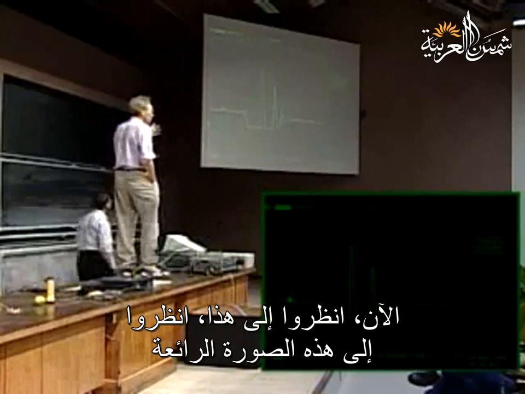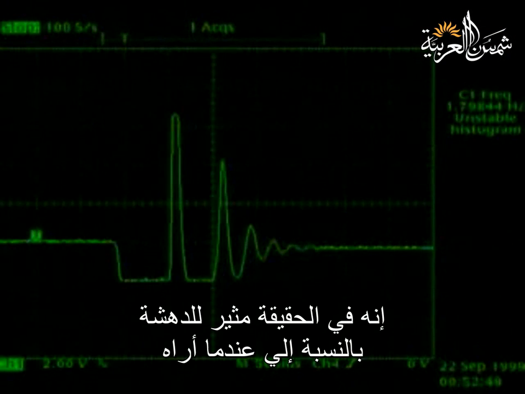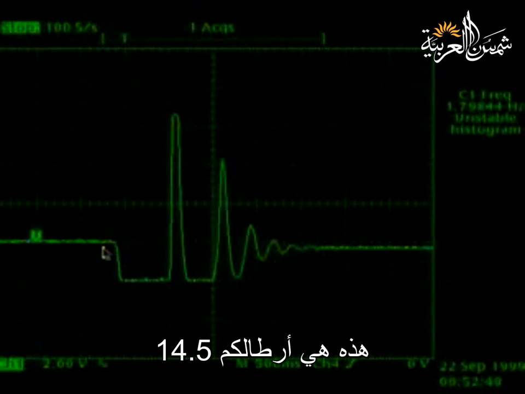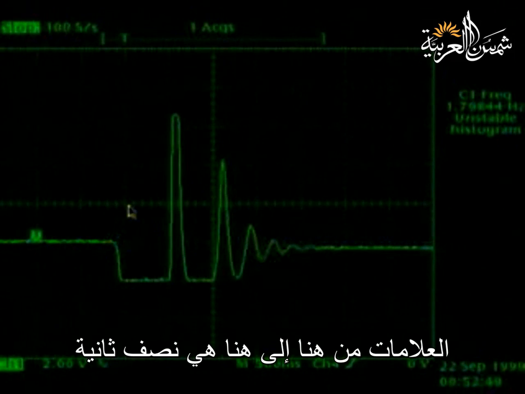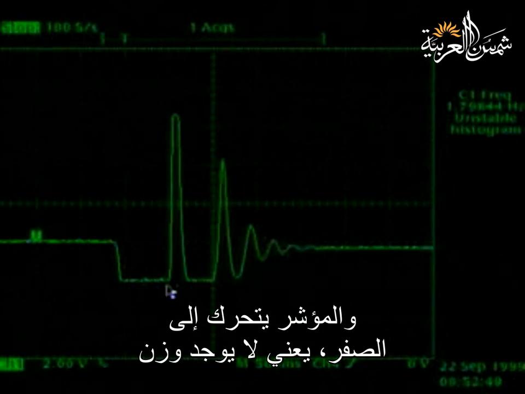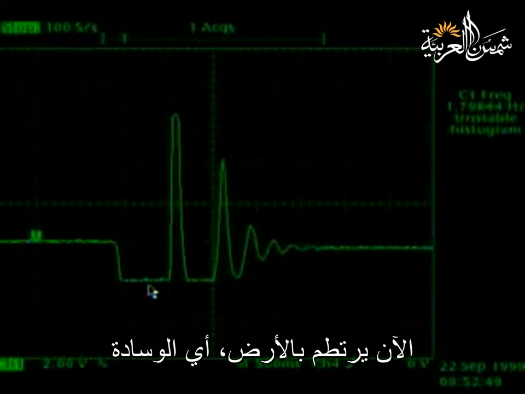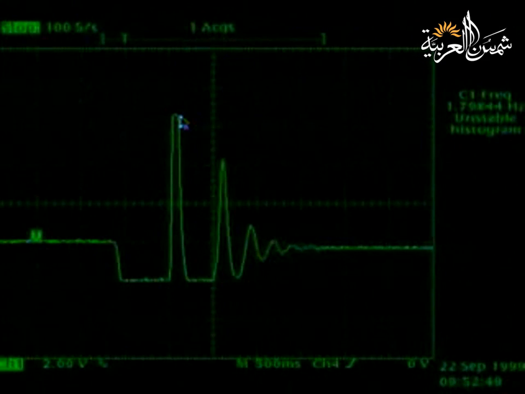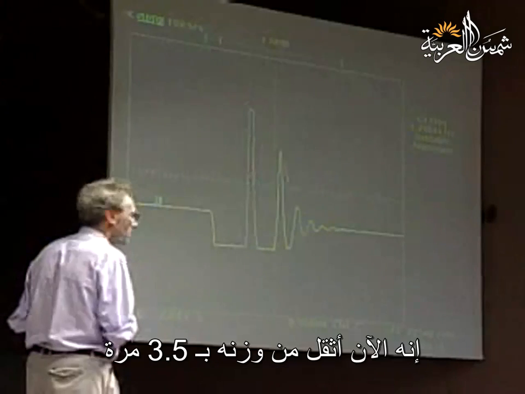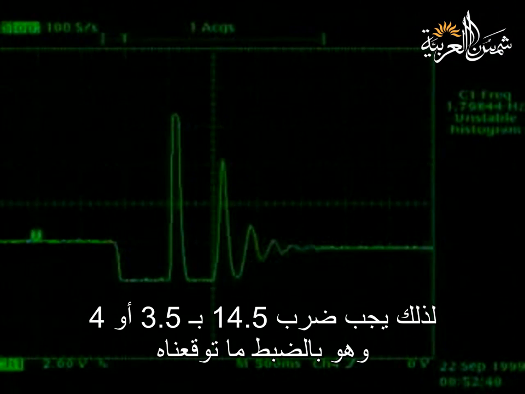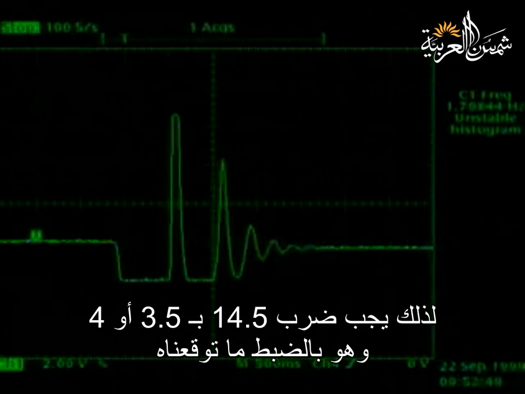Now look at this incredible picture. This is truly an eye-opener for me when I saw it. The physics in here is unbelievable. Here is your 14.5 pounds. Tick marks from here to here are half a second. It was half a second in free fall. And it goes to 0, has no weight. Now it hits the floor, the cushion, and its weight goes up in something like 1/10 of a second. Look, this is about 1, 2, 3. It's about 3.5 times its weight now. So the 14.5 has to be multiplied by 3.5 or 4, which is exactly what we predicted,